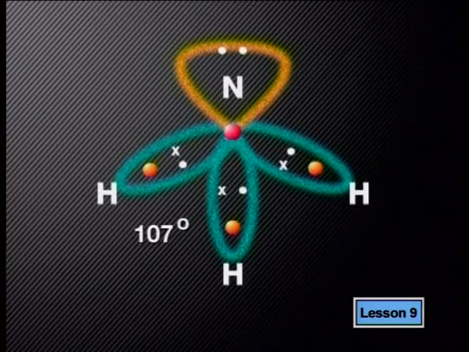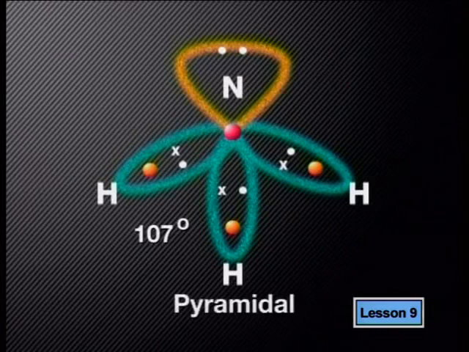When describing the shape of a molecule which has a lone pair, you only take notice of the atoms. So, even though the electron pairs are arranged in a shape very close to a tetrahedral shape, the molecule's shape is said to be pyramidal because of the way the atoms are arranged, with the hydrogen atoms at the base and the nitrogen at the top.